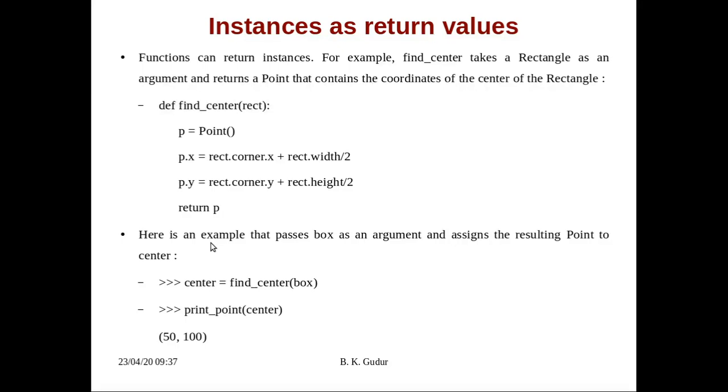Here is an example that passes box as an argument and assigns the resulting point to center: center is equal to find_center(box). We already created a box, and if we pass it as an argument to this function, it will return a center and print it. That will be an object of type Point which has values 50 and 100. So we will execute this and see the result.